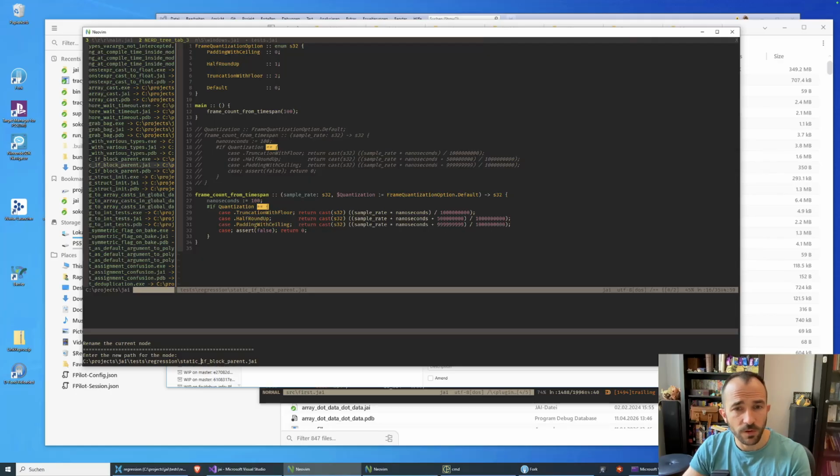This is a polymorphic argument. Let's call it baked static if. And rename takes forever because NERDTree sucks.